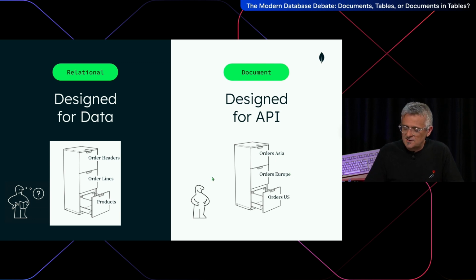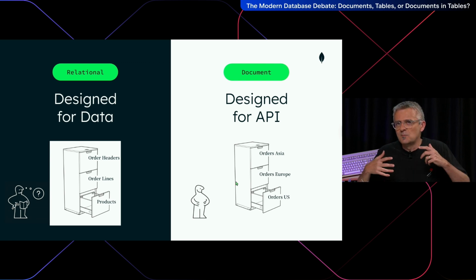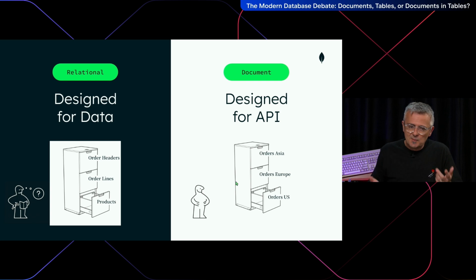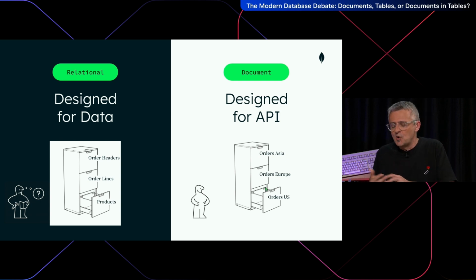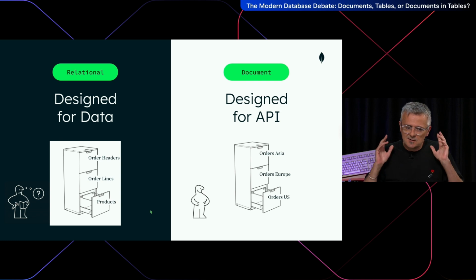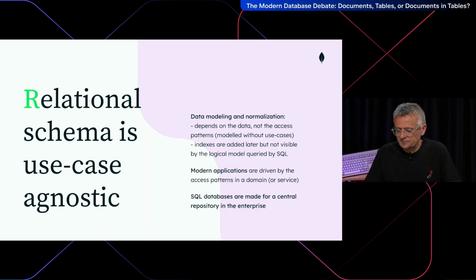So again, it's easier to use, but if you have a completely new use case, for example a new application that must look only at the products, with the relational model, you have products somewhere. In the document model, you have to go to all of them, so it might be more complex, but you can also just have an index on it and you will have them. But that's the idea. Relational databases can serve any application on the data. Document model doesn't mean that you have one database per use case. That would be a nightmare to maintain, but at least one per domain. And that's the main point.